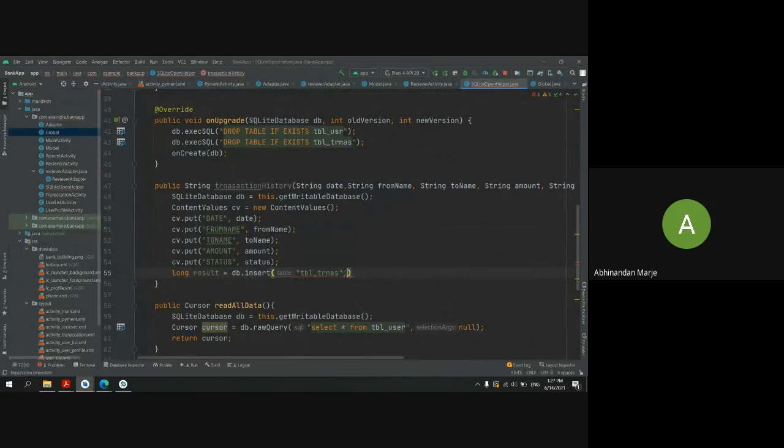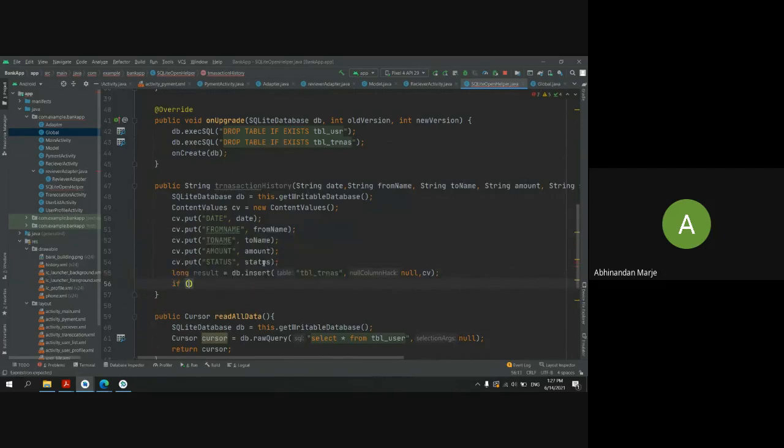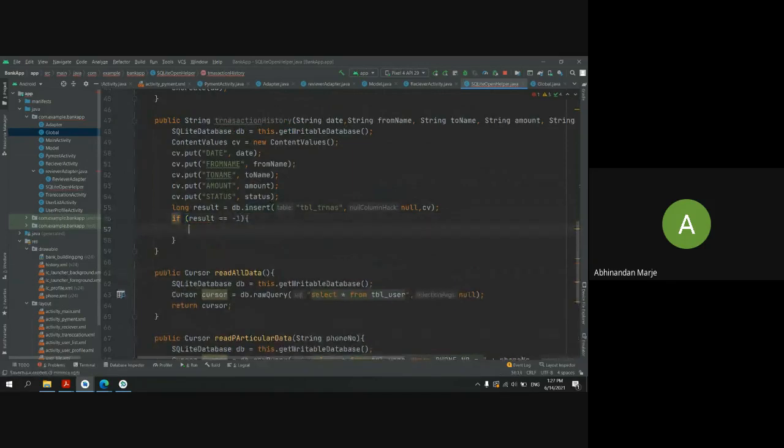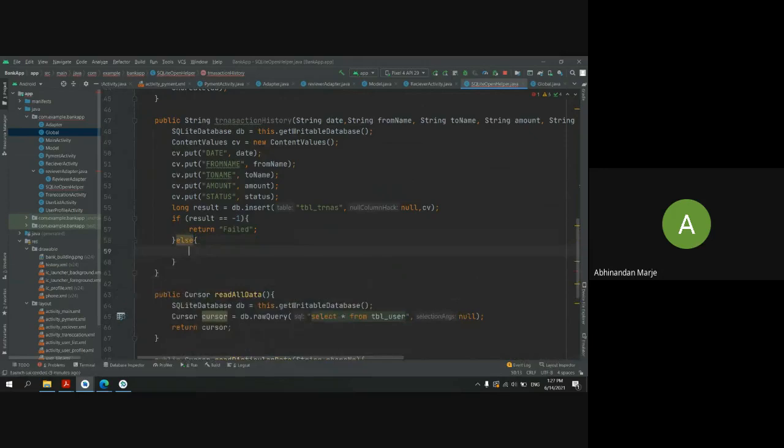The next thing will be the null column hack, which will be null in our case, and the next value, the ContentValues we are passing. If the insertion fails, it will give me a value of -1. If I'm getting that value, I will return a message as failed. And if our transaction update is successful, I will return a message as successful.